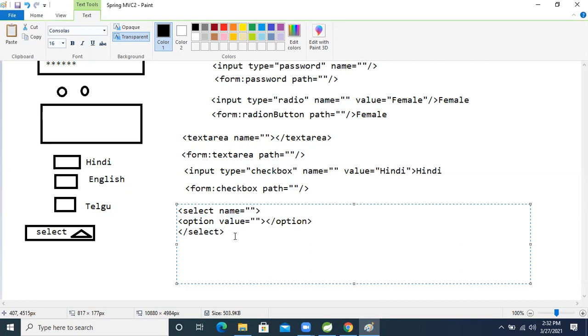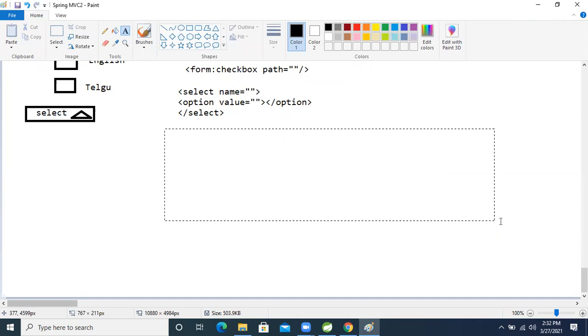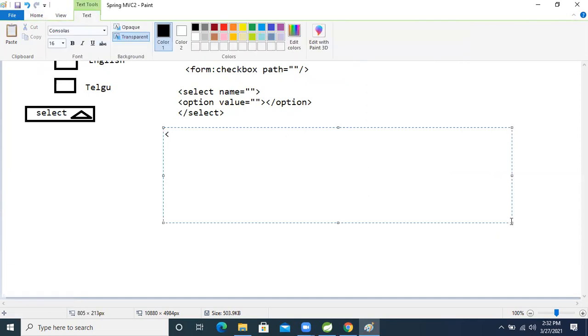But whenever we use the STL style, let's see what it is. Our STL style is form colon select, then path, then close form colon select.